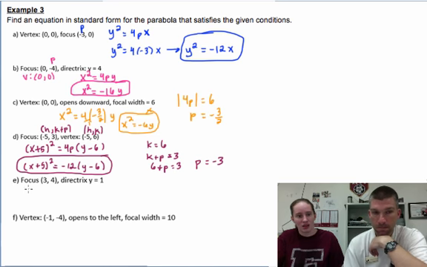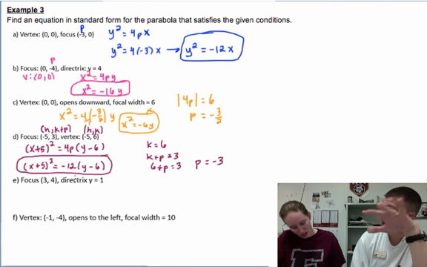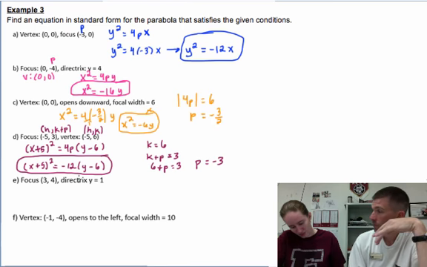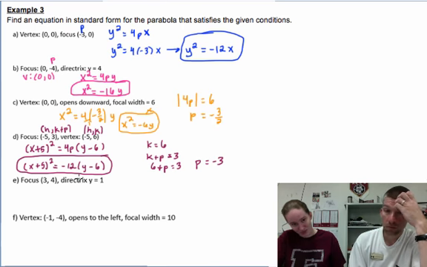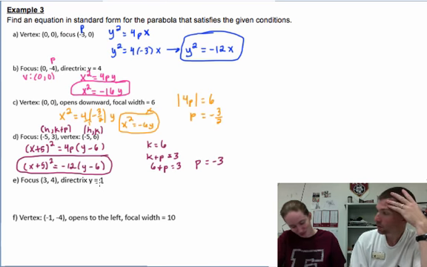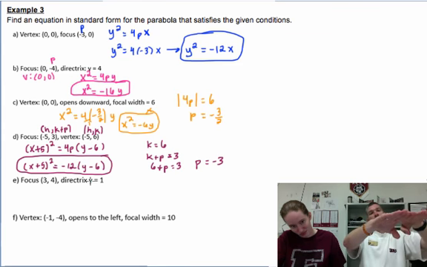And then here we have our focus is 3 comma 4. Our directrix is at y equals 1. Okay, directrix is a horizontal directrix, which means that it's going to open up or down, or left or right? If y equals 1 for the directrix,